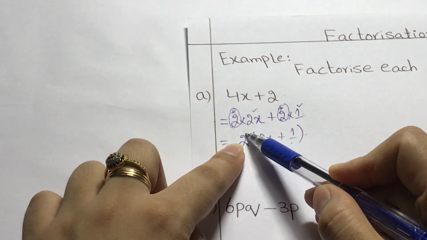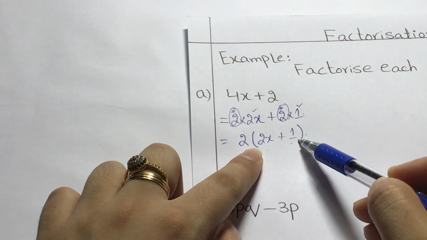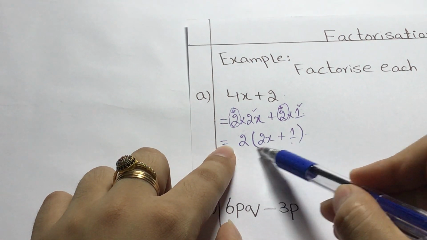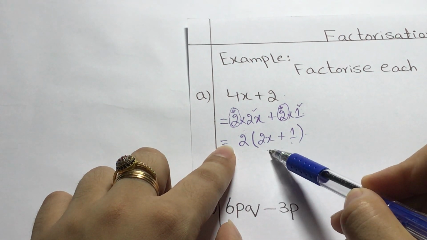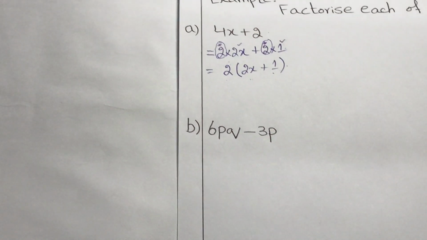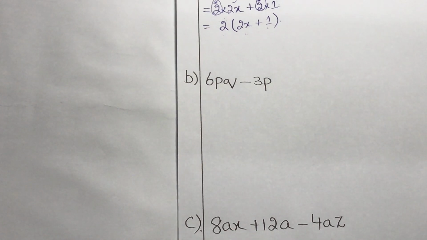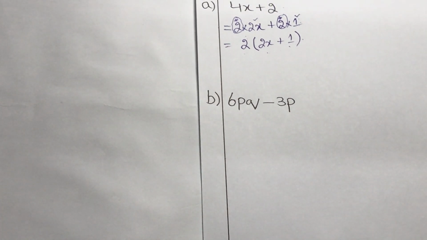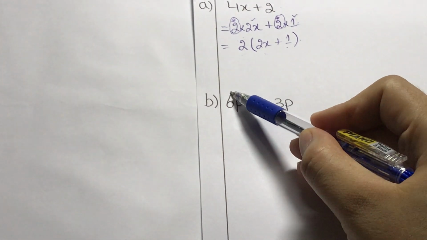One is a constant here and one is a complete algebraic expression. We have expressed it as a product. This process is called the process of factorization, right? Okay, the next one. In the next example, you can see here we have